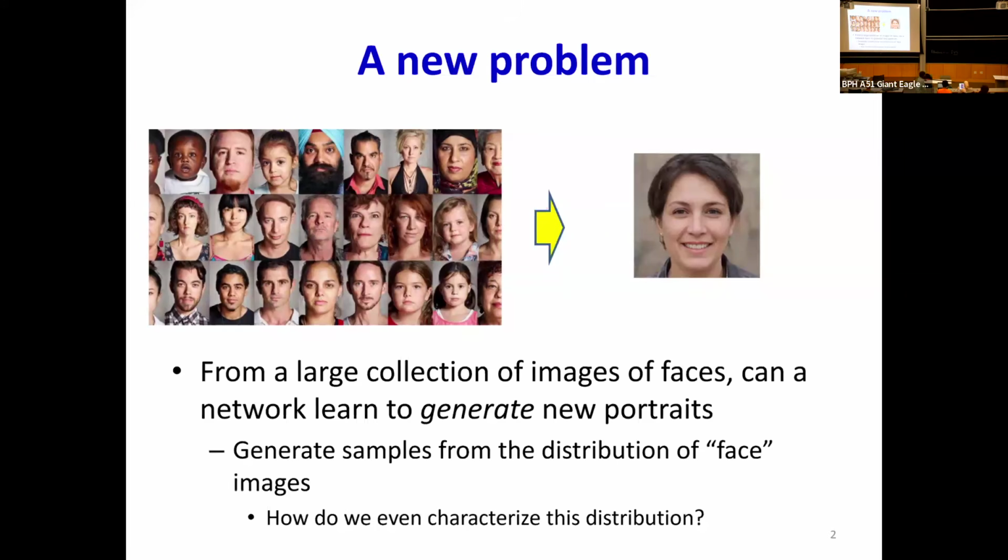OK, thank you, right? So what does it mean to be able to draw a new face? Essentially what you're saying is that I want to learn the distribution of face images, and I want to be able to draw samples from this distribution. The question is, what is this distribution? Obviously, it's not something nice and tidy like a Gaussian. It's probably something very ugly. How do you characterize it? And even if you manage to characterize this really hideous distribution, how do you come up with a mechanism for drawing a sample from this distribution?